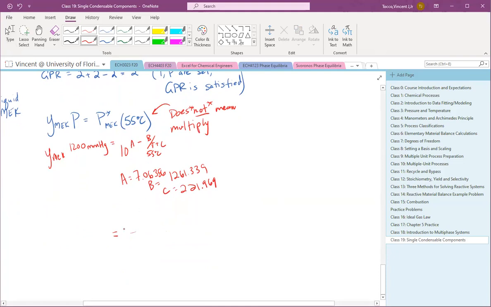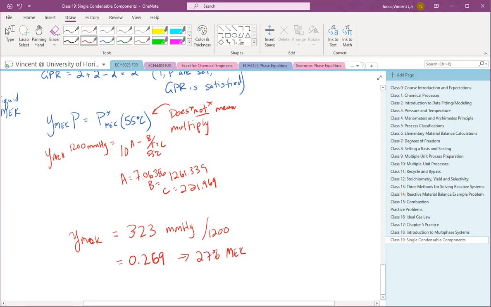So my right-hand side of the equation works out to 323 mmHg. And if I solve for Y MEK, I get 323 divided by 1200. And that answer is 0.27. Well, technically, with three significant digits, it's 0.269. So this equals 27%